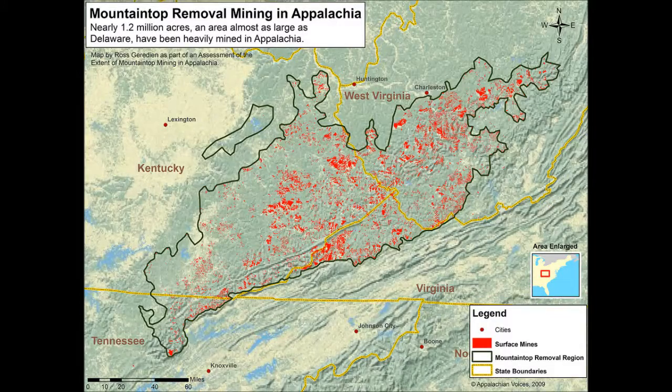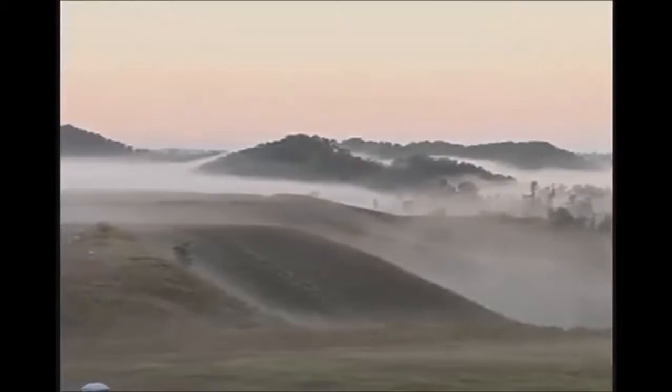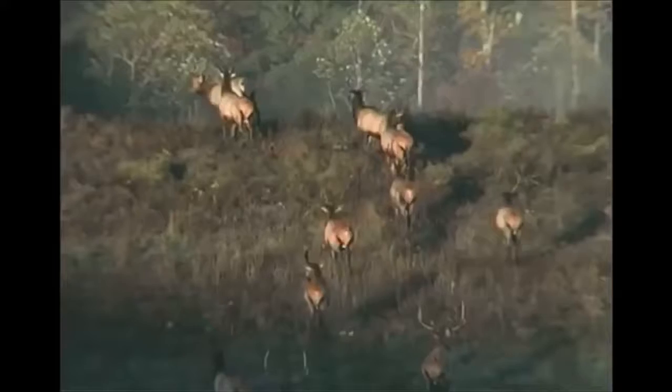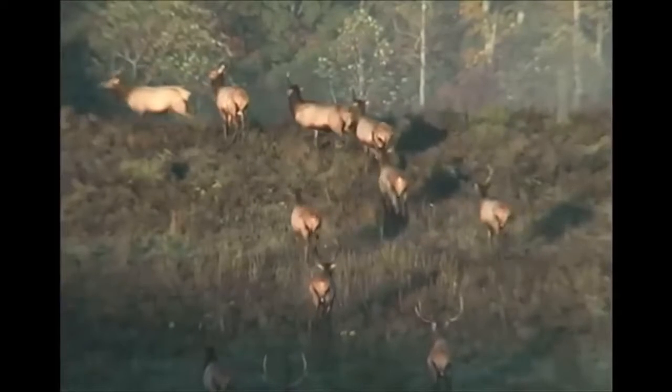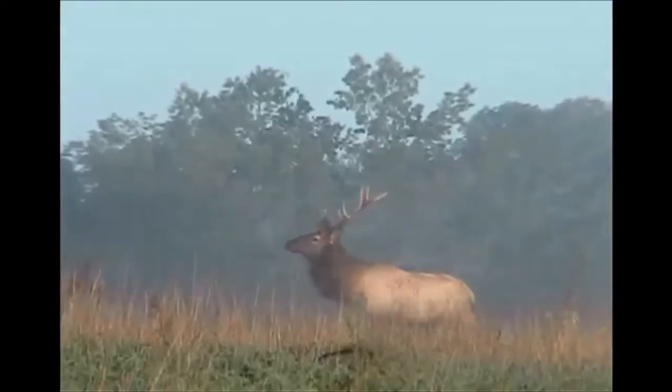This map shows areas of mountaintop removal and surface mining in the Appalachian region. These sites destroy species habitat and lower biodiversity. For example, mountaintop removal and destruction of habitat in the eastern deciduous biome has caused the eastern elk to be eradicated, but thankfully, with groups like the Rocky Mountain Elk Foundation and all the state agencies involved, a successful reintroduction of